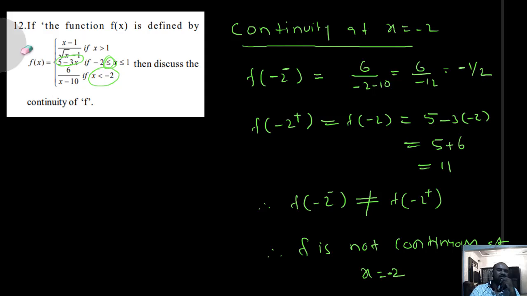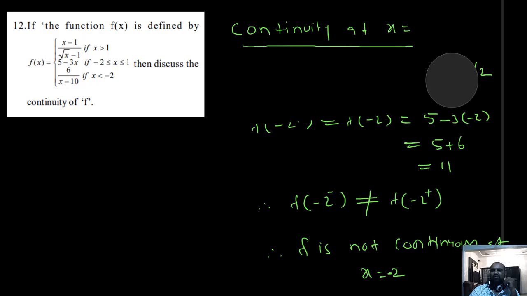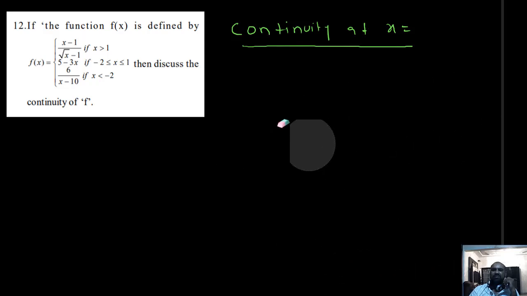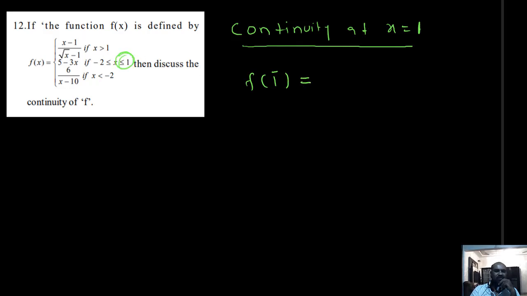Okay. Now we are checking at x equal to 1 next. Yeah, next at x equal to 1. So what should we find? F of 1 minus should be found first. F of 1 minus or f of 1, both give the same. F of 1 also, what is the rule? 5 minus 3x. And put x equal to 1 in that formula. If you get a finite value, that finite value is the limiting value. So 5 minus 3 into 1, that is equal to 2.